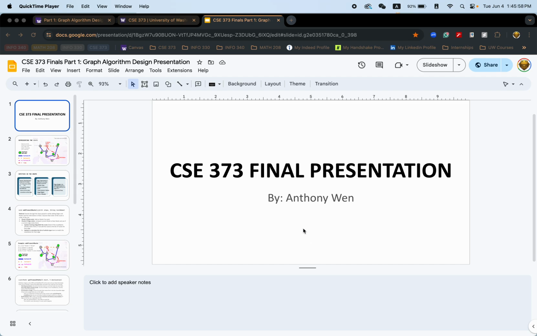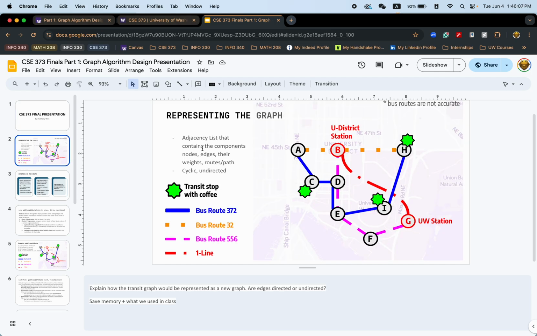This is my final presentation. I'm gonna go through this relatively fast because there's not that much time. I tried a lot of this during office hours, so yeah, credits to the TAs. And for representing the graph, I'm gonna use an adjacency list